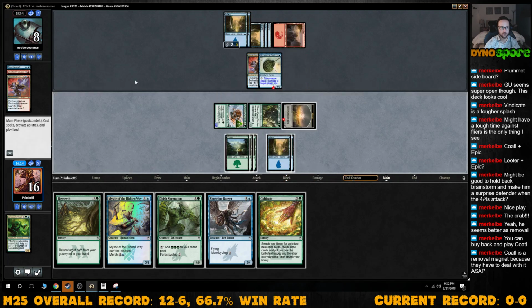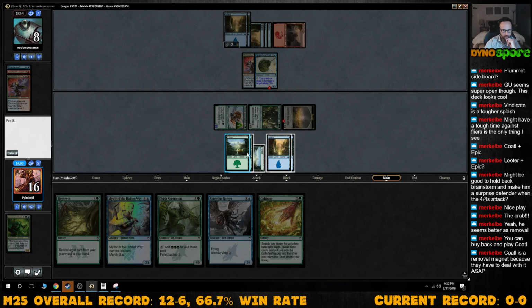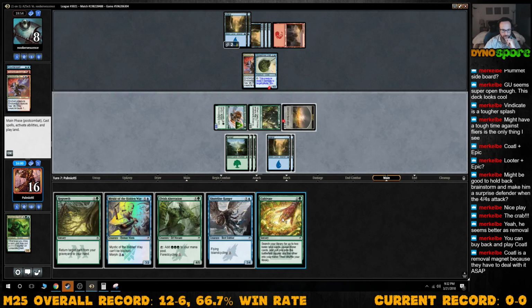I mean, they can't spend all their time pinging me. They need to build out their board. So I think what works best for us is getting something out here. So I think cultivate. Okay. I'd rather them cancel cultivate. I mean, counter it, but